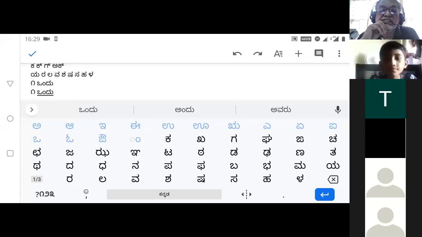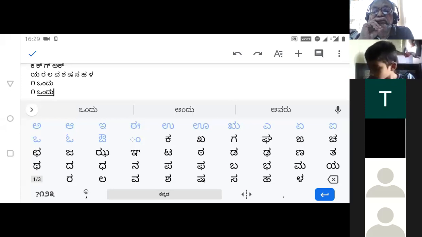Okay. Then Jyoti, you have to long press the space bar in your keyboard. Then you long press it, you'll get an option for different keyboards. Right now it says English, and at the bottom it says add keyboard.